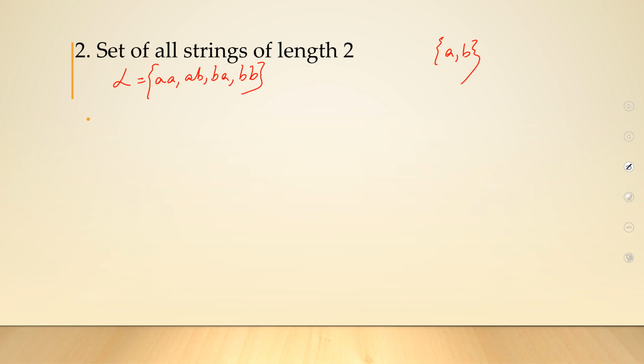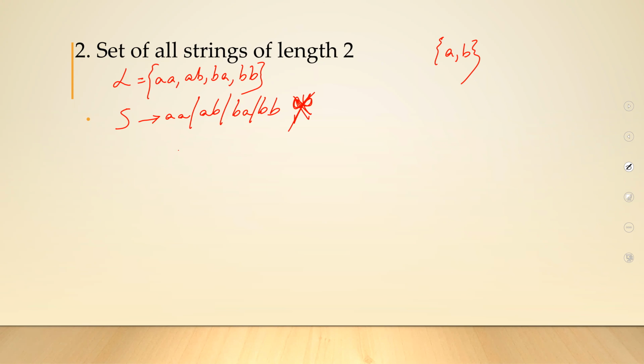So you can give a very easy kind of grammar, like I can simply give S going to aa or ab or ba or bb. That's it. But this is a very layman kind of grammar. You can go for a much better way. This kind of notation doesn't look good. Grammar has to be much more formal. So let's try to give a better grammar for this.